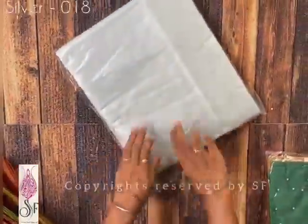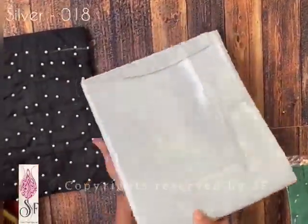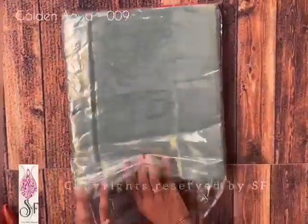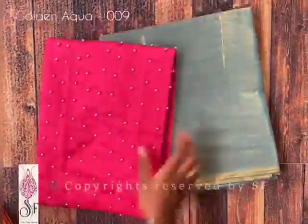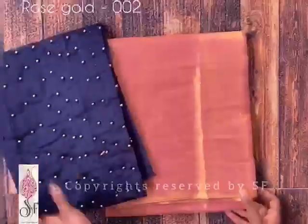And next is a silver saree matched with a black color blouse which has a white pearl in it. And next is a golden maroon matched with a contrast green color blouse, an ever hit product in our SF sarees. And next is aqua blue shade with a pink color, which has been sold for more than 2 years and more than 10,000 pieces on same color. A hit color in a market, and again a hit color in a market, rose gold, which is being matched